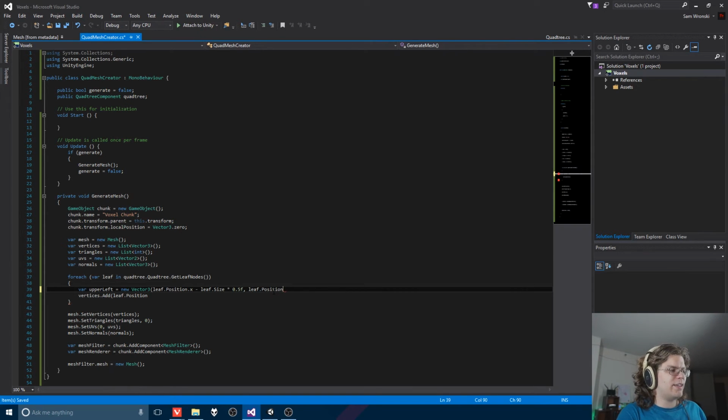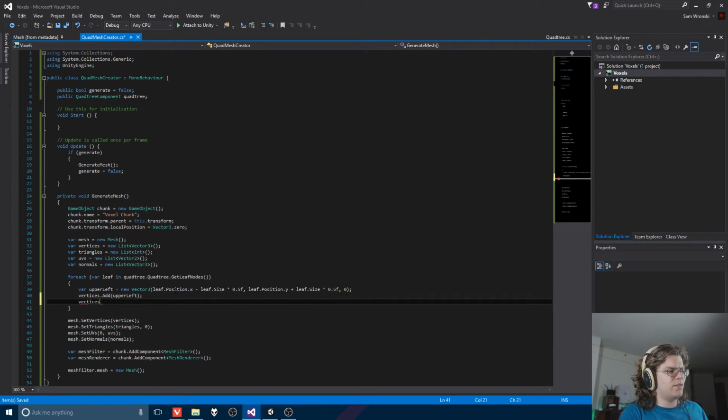And then let's do that again for the y. And so times 0.5f. The only difference here is to get the top. Unity's coordinate system goes from negative up. So we need to actually add here to get the top left. And then we're going to have no depth, so it's just going to be 0. And so, ideally, assuming I did all of this right, we should be able to do the insertion of the upper left,